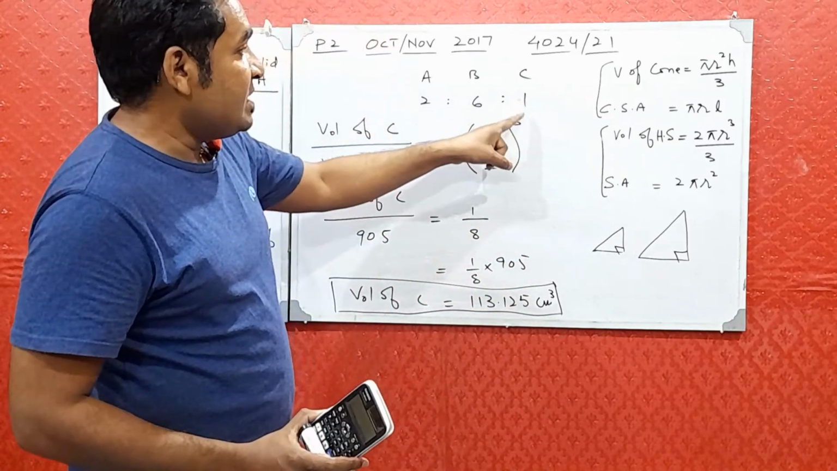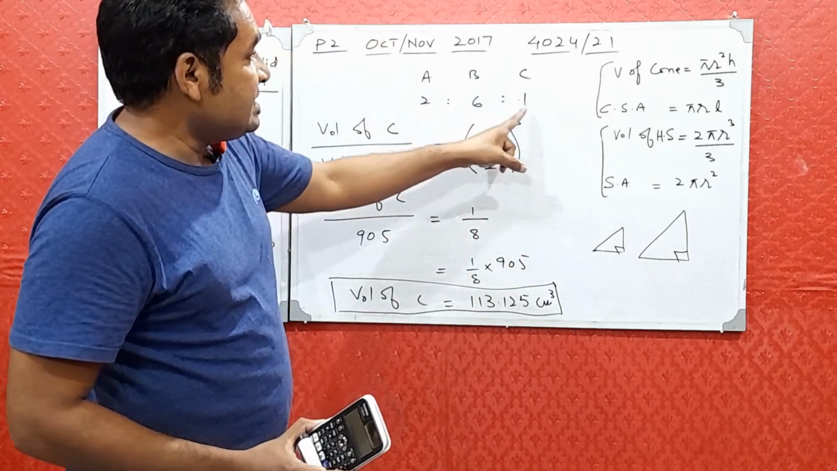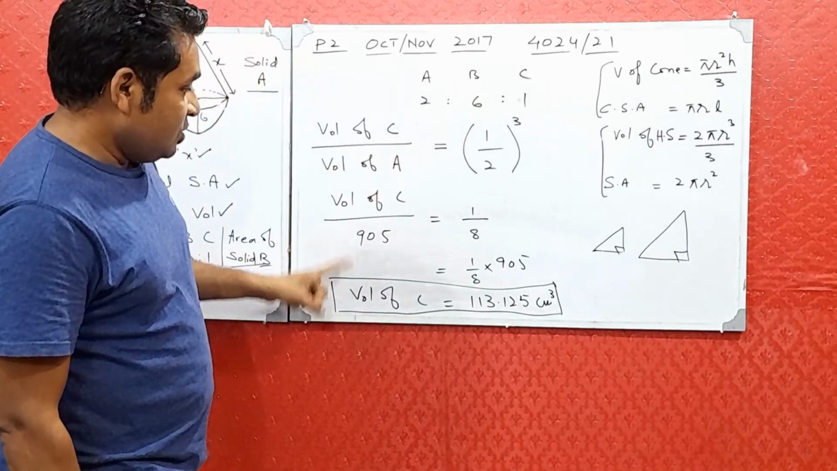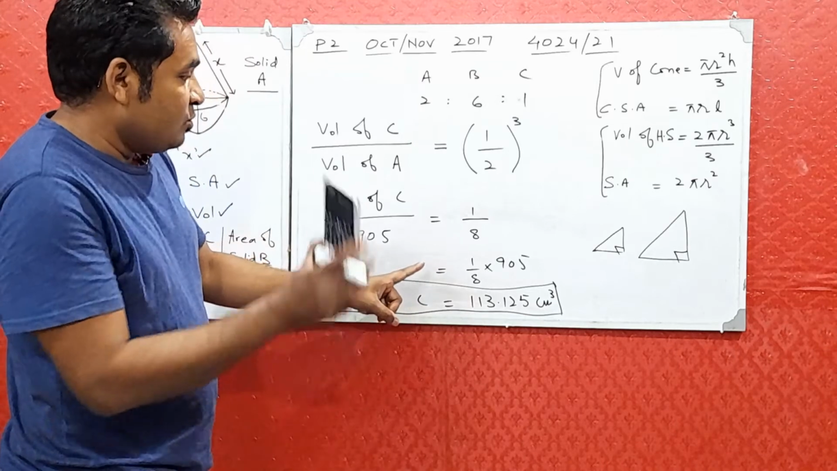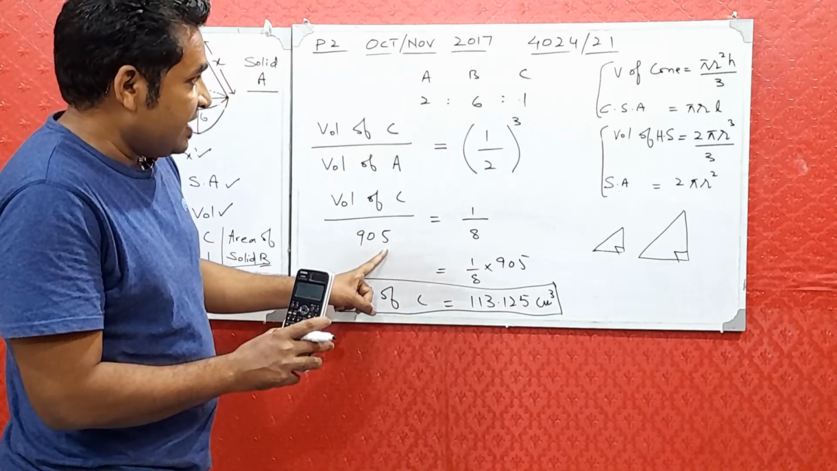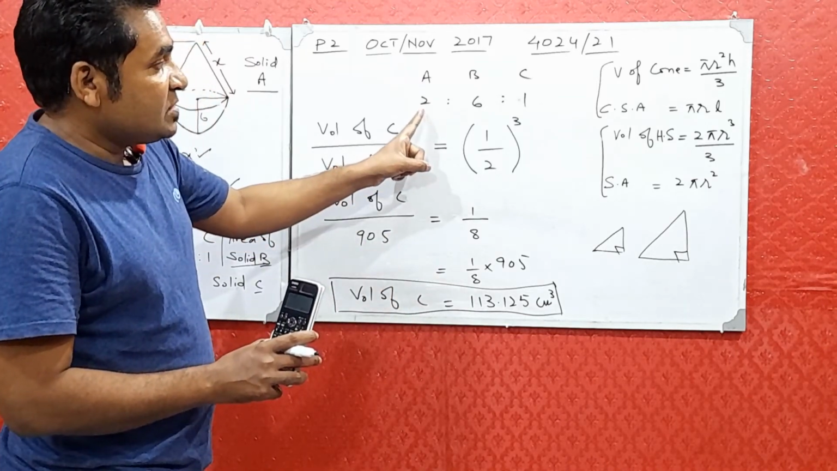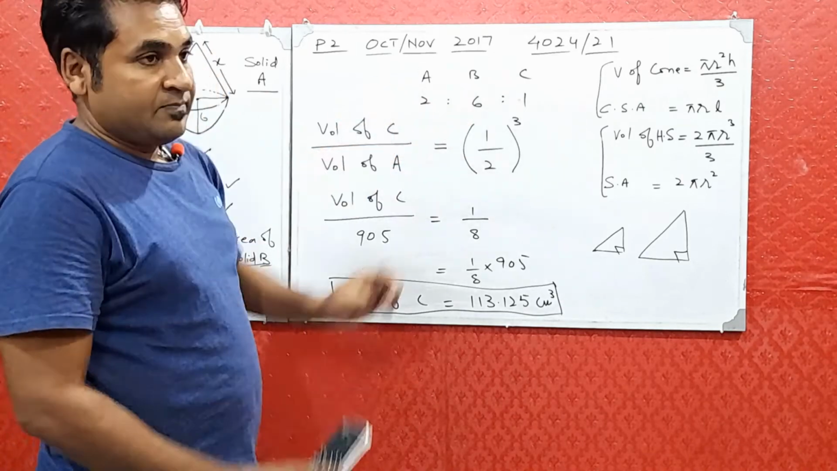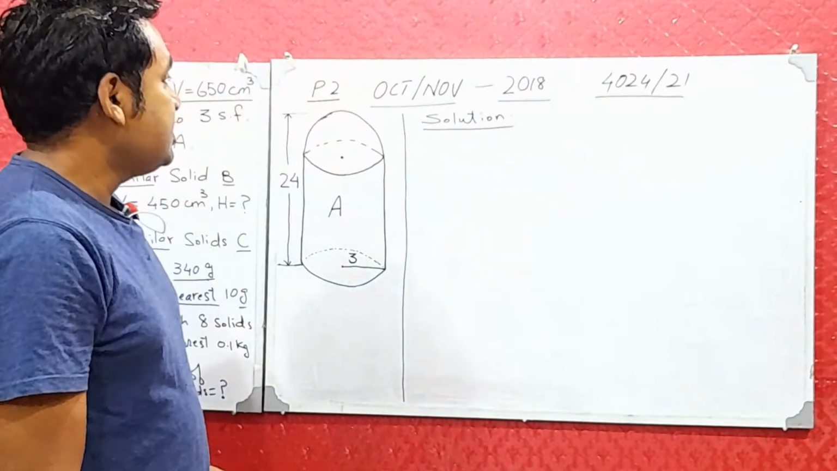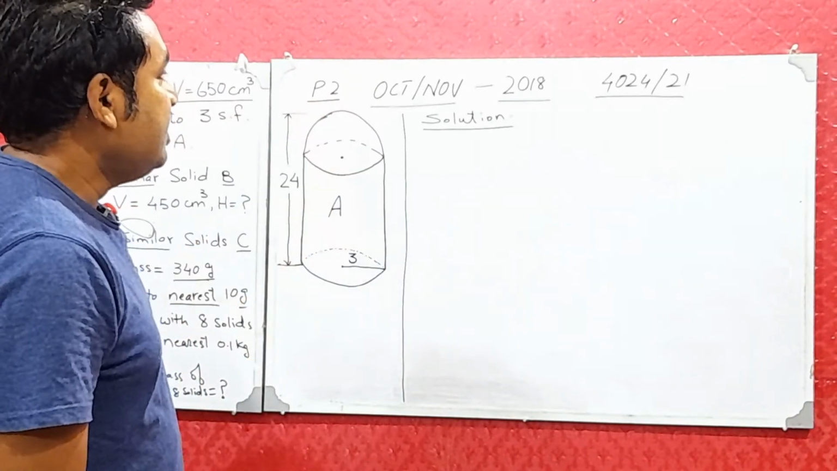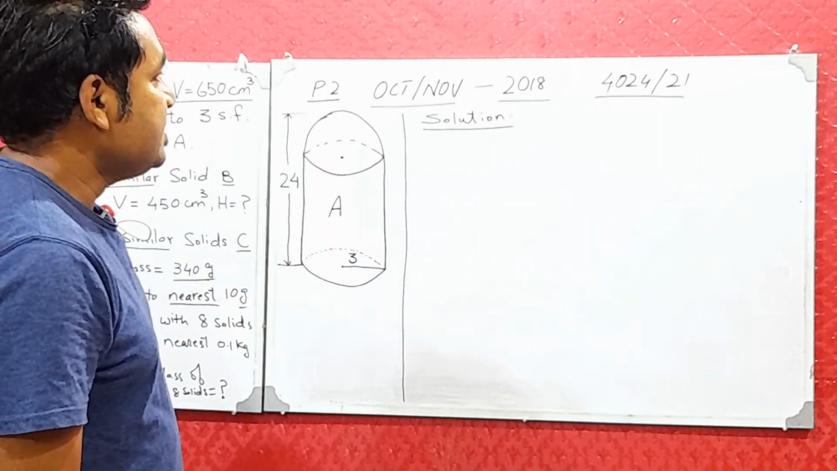So if we compare the volumes of A and C, you can see that the volume of C is 113 and the volume of A was 905. So A's volume is greater than C's. So students, this was a question which I have taken from P2, and it came in the 2018 October-November session,